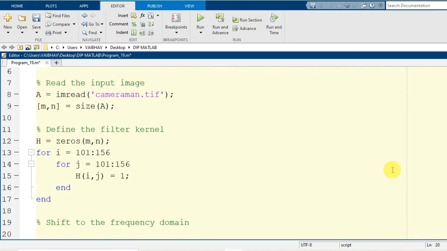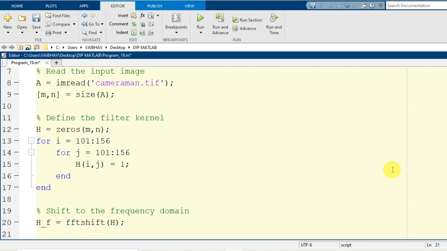Here I will generate the variable h underscore f, the frequency domain representation of the filter kernel. I will make it possible with the help of fftshift of the capital H ending with a semicolon, and the generation of capital A underscore F, which will hold the transformed representation of the image information.